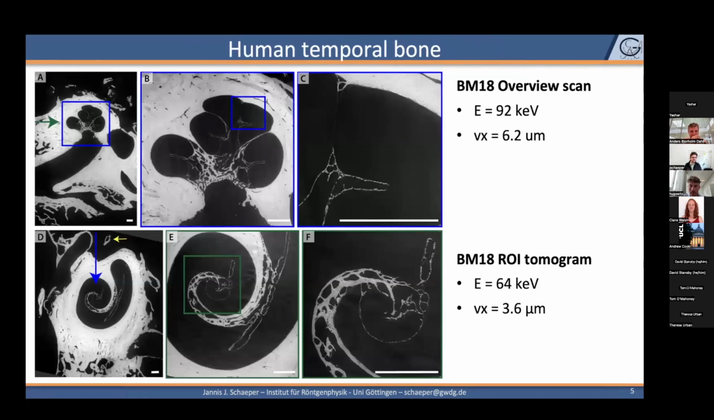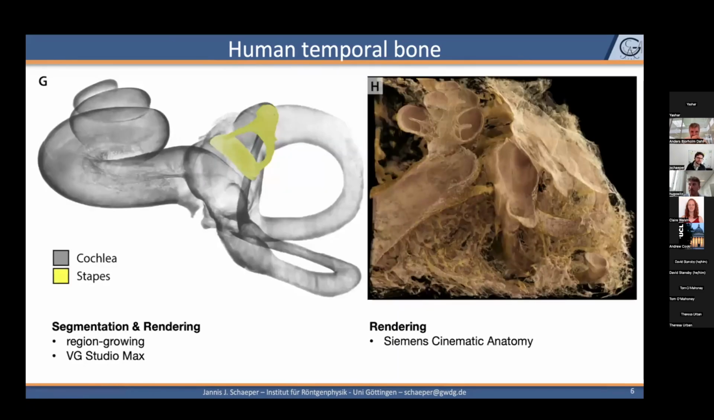Just to show you some slices here in figure B, you can already imagine the turns of the cochlea, and we did an overview scan of the whole temporal bone with every cavity and structure around it, and also a zoom-in scan at the position of the cochlea. Since we have the whole temporal bone, we also have part of the middle ear. So this is the stapes, the third of the 3 ossicles. I segmented this with the region growing algorithm,